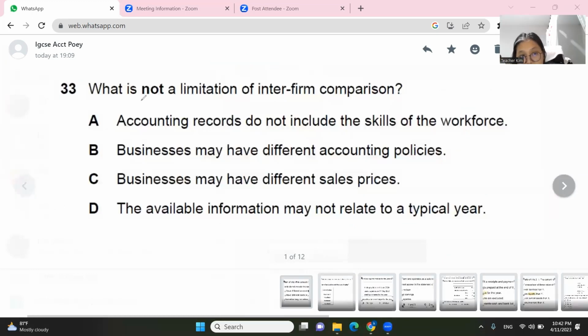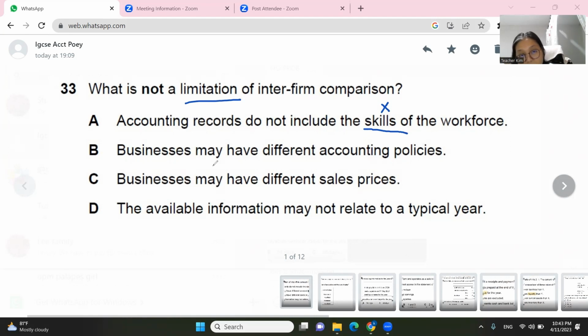Okay. This one is, what is not a limitation of the inter-firm comparison? The limitation of inter-firm comparison: accounting records do not include the skill of the workforce. This one we don't have. This is one of the limitations. We can't assess the other